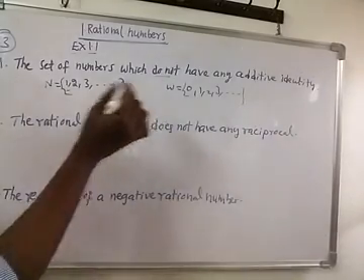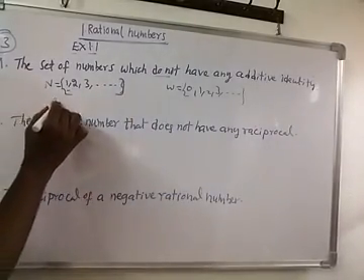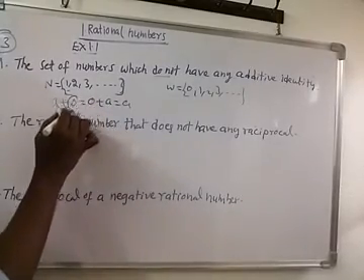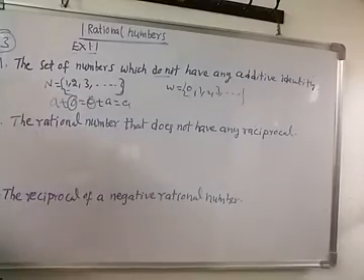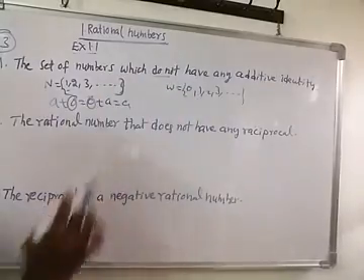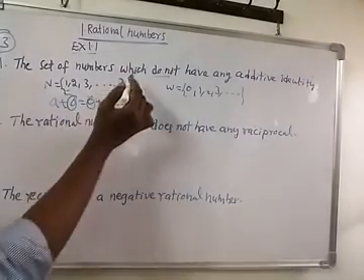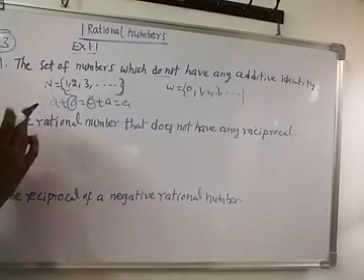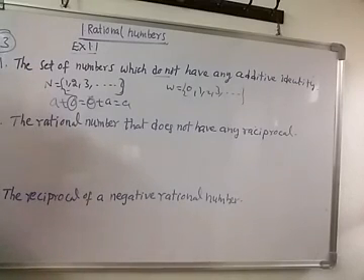So what is the additive identity? That is a plus 0 is equal to 0 plus a is equal to a. So here 0 we call the additive identity. Is 0 in the natural numbers? No. Is 0 in the whole numbers? Yes. So which numbers do not have any additive identity? They are the natural numbers. Natural numbers do not have an additive identity because there is no 0.